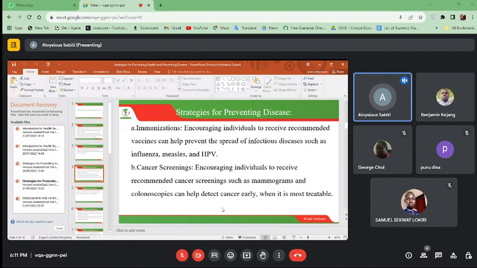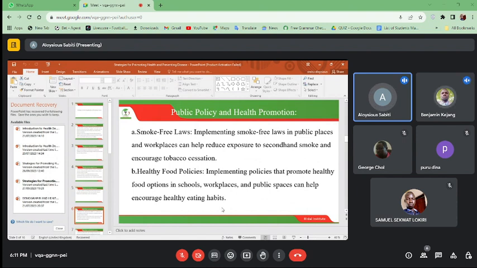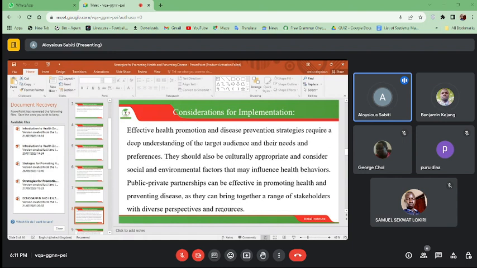Cancer screening as some of the key strategies that we can use for preventing disease, but also as a way of promoting health in our communities. And we were able to discuss the different impacts of public policy and how they impact on health promotion. And in discussing strategies for preventing disease, we further looked at the considerations for implementing these strategies. And we looked at effective health promotion